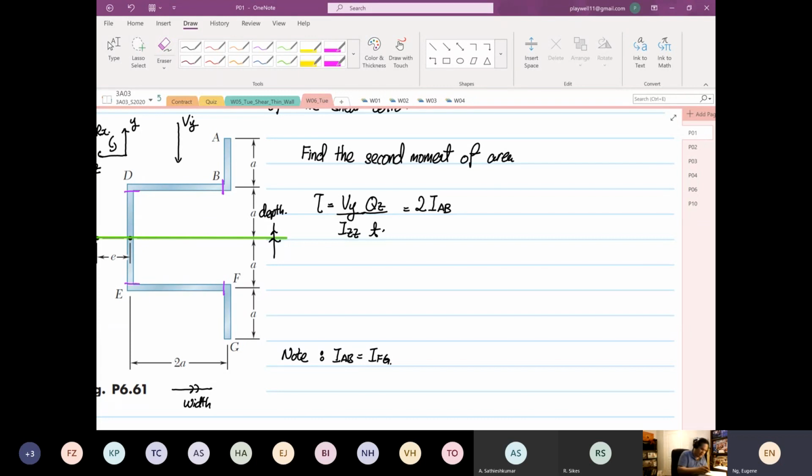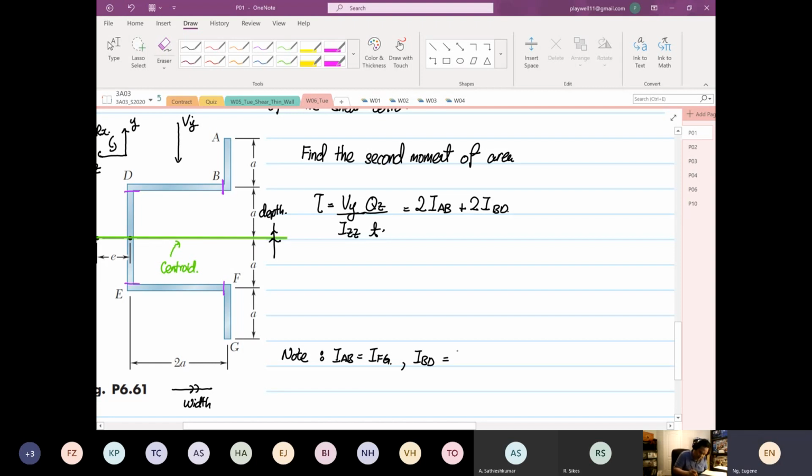The green line that I've drawn is the centroid. So that's why 2,